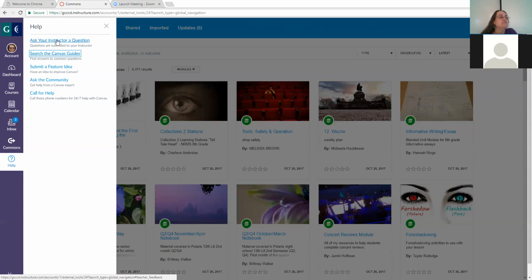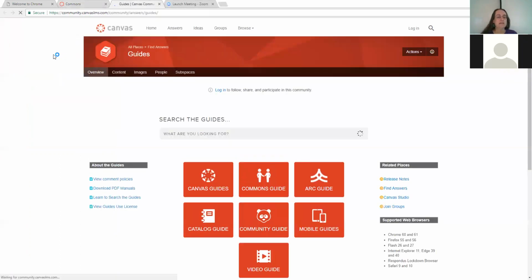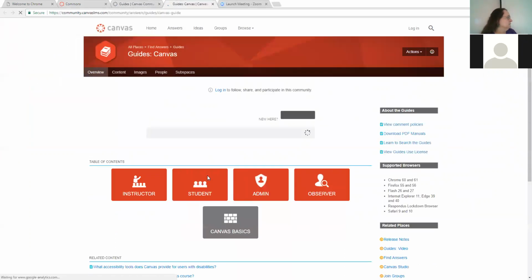Okay, so search the Canvas guides. That was what I clicked on. Find answers to common questions. Now, when you click that, all the guides come up. You can see the Canvas guides, catalog, community, mobile, ARC. If you click Canvas guides,